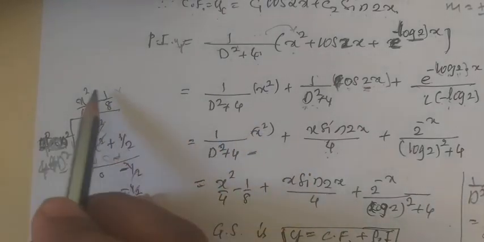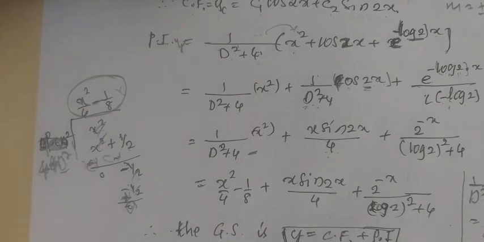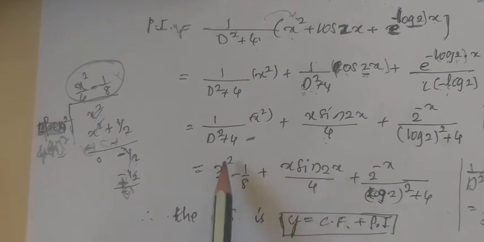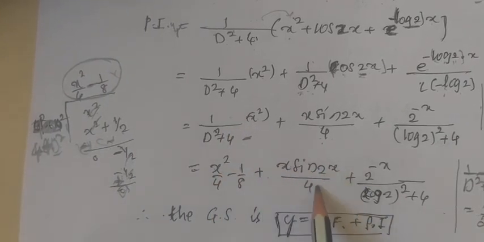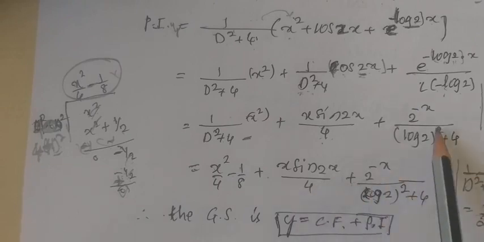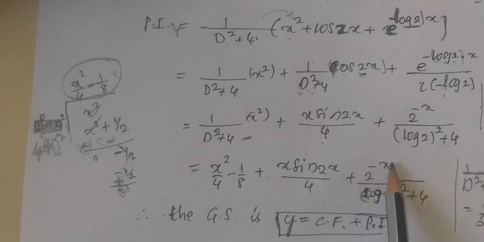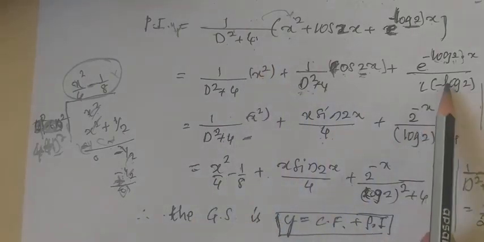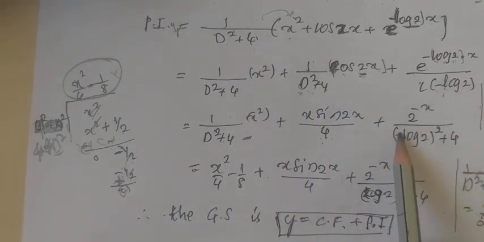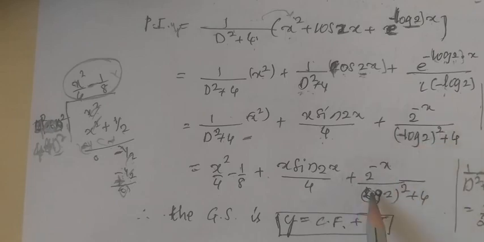So with respect to this you will get phi as x square by 4 minus 1 by 8. So completely you can write it as phi is x square by 4 minus 1 by 8, plus x into x divided by 4, sorry, plus 2 raised to minus x, and here L(D) is D square plus 4. So wherever D is there, we have replaced it by minus log 2. So actually it becomes minus log 2 whole square. You can write minus square is plus, so you can write it as log 2 whole square plus 4.